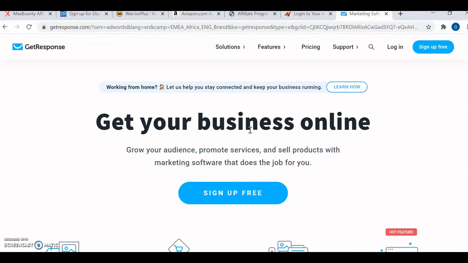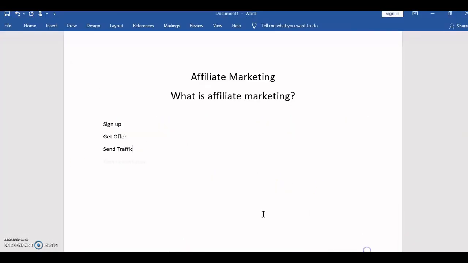But basically, you need landing pages for your affiliate marketing, because it's very hard to convert a client by sending them to the offer directly. So you need to warm them up, by showing them the benefits of signing up or buying that particular product. So a landing page is very important, one because you're going to warm them up, and again because you'll be able to market the offer on different platforms. So that's it about sending traffic.